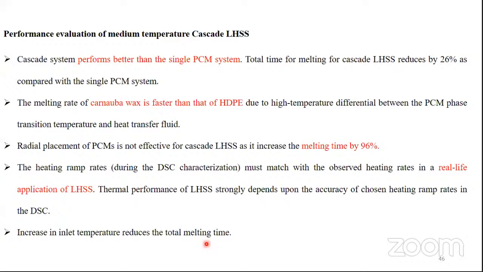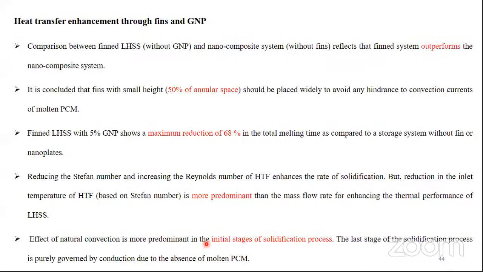Now melting of Carnauba wax is faster than that of the HDPE due to high temperature differential between the phase change material transition temperature and the heat transfer fluid. Radial placement of the PCM is not effective for cascaded latent heat storage system as it increases the melting time by 96%. If you remember, I think